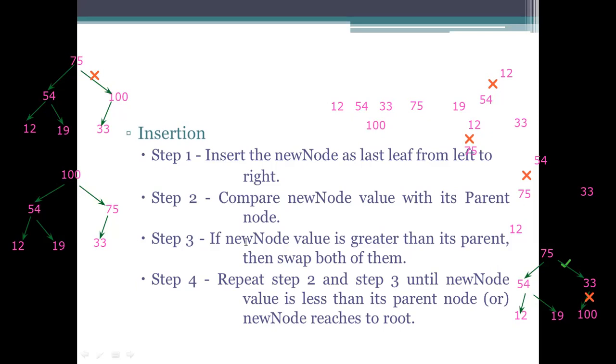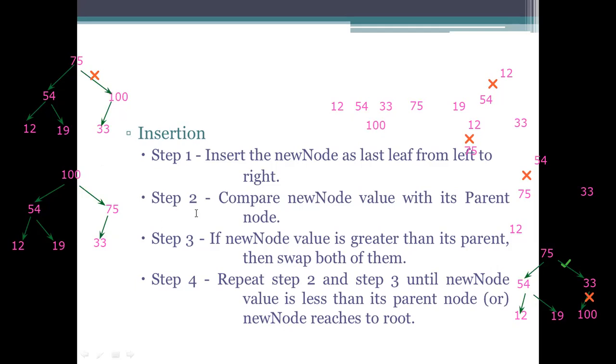There is no order that the left child will have the less than values of the root node. In a binary search tree, we get the middle node as the root node, and the left part will consist of the less than values, and the right part will consist of the greater than values of the root node. Basically, in the heap tree, it's not like that. We will concentrate on the root node. If it is a maximum, it should be greater than all the nodes, that is, all the children we are having.